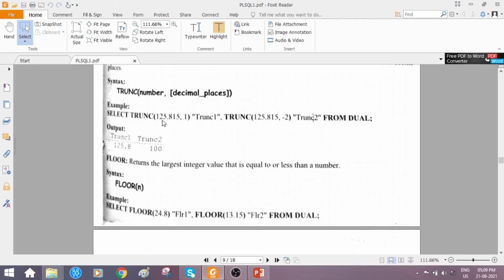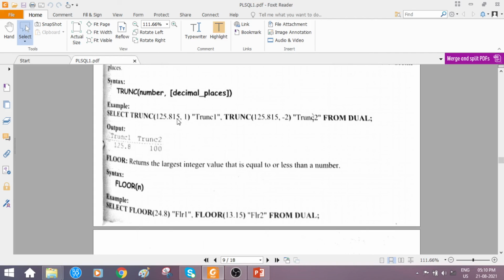Observe here, students. Select trunc 125.815, comma 1. So after the decimal point, only one decimal place has to be considered. The remaining part has to be truncated. If a positive number is given, 1 is a positive integer value here, right?